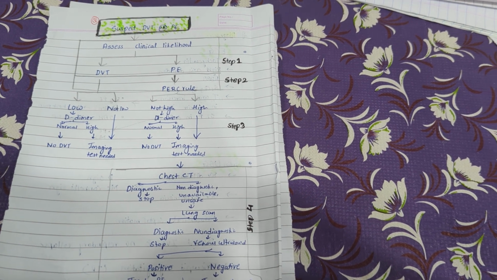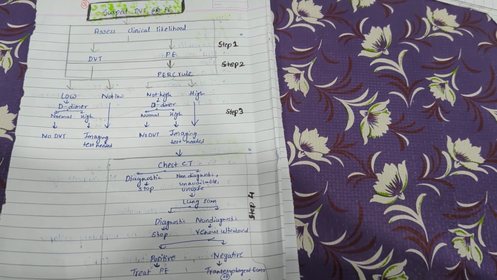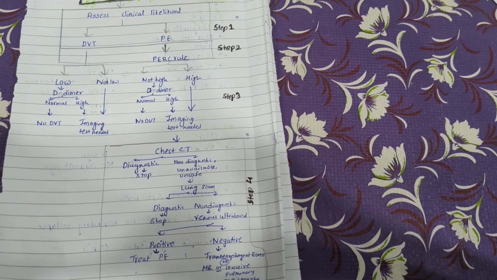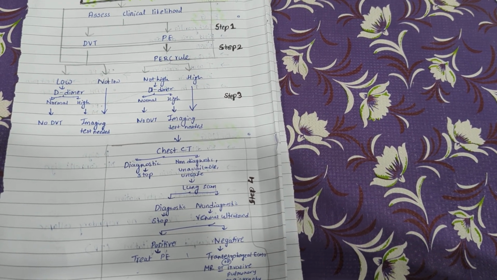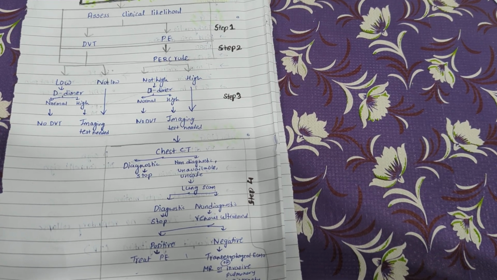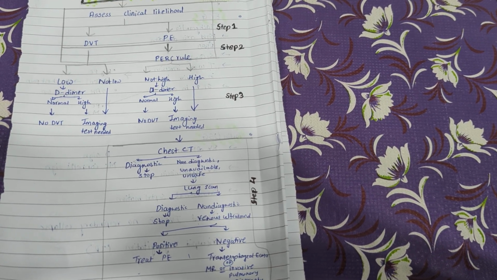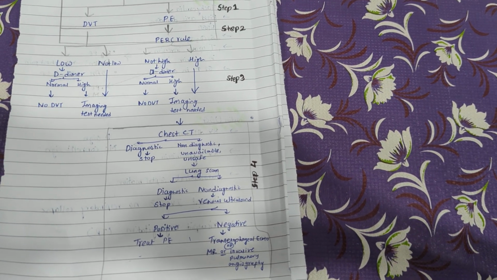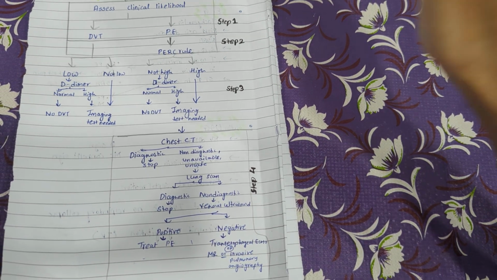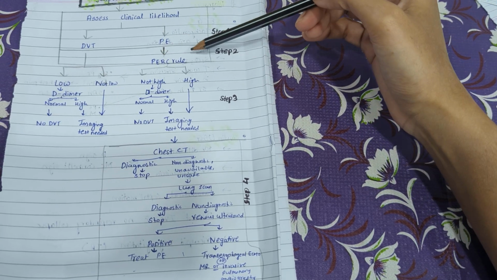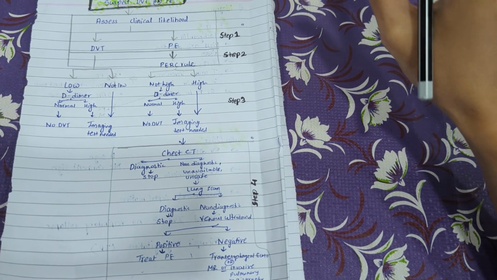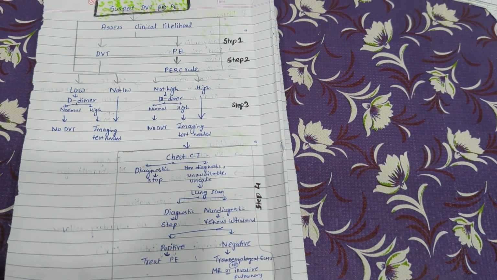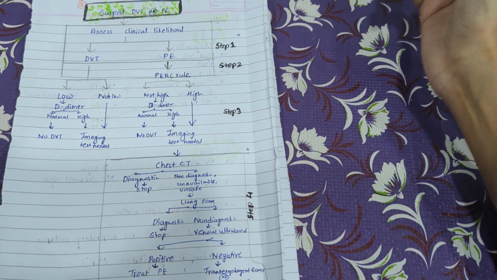Then comes the step 2 approach, that is if at all you think the patient has pulmonary embolism, you need to rule out by the pulmonary embolism rule out criteria. If the patient doesn't fit any of those 9 criteria, then you can say that the patient doesn't have PE. In the pulmonary embolism rule out criteria, the patient shouldn't have any of those features. If the patient turns out to be the opposite, then you can label it as one of the features of PE.